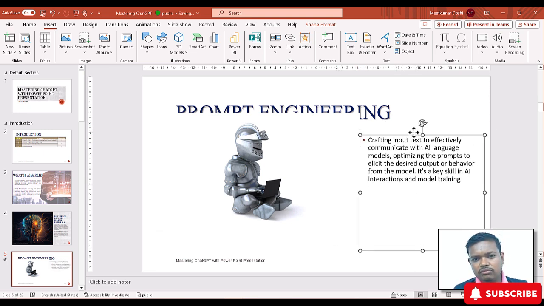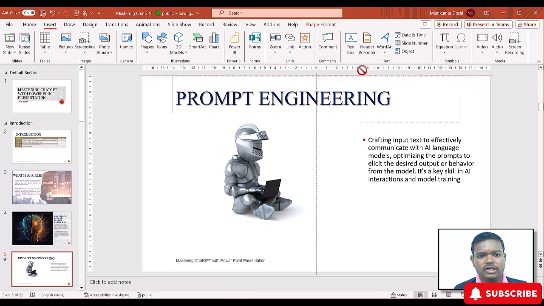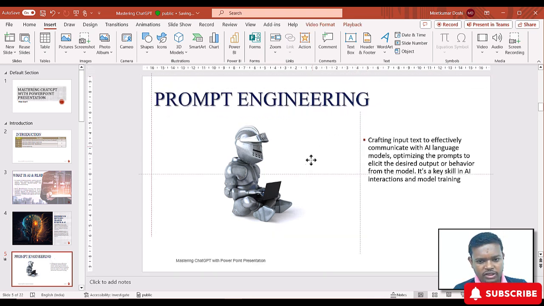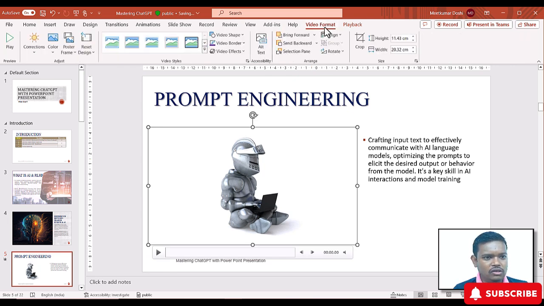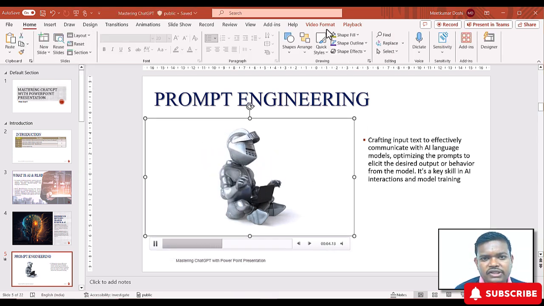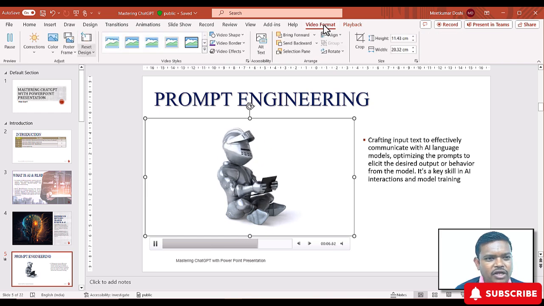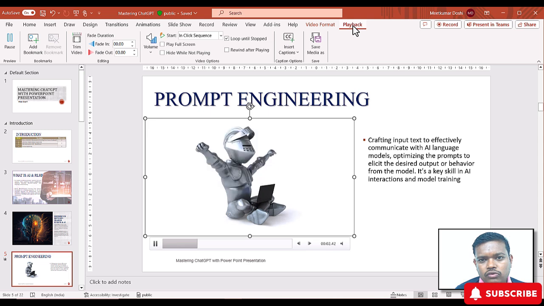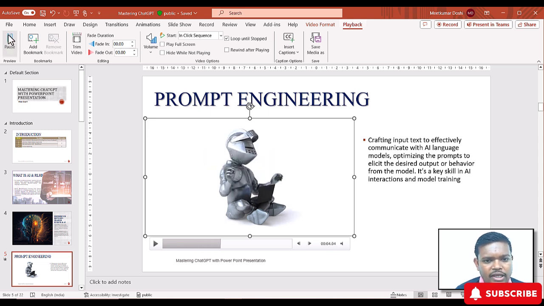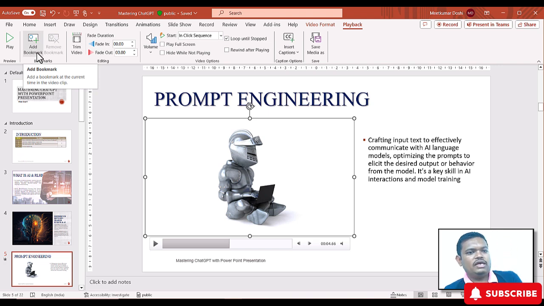Whenever we come to this slide, the video must automatically be played. For that purpose, you can see at the top the video format tab is available. Okay, so reset design, if you want to do the reset design, and here under video format you can update the properties of the video, but we want to go to playback. Here if you want to play or pause, you can go from here also. If you want to add any bookmark, like from this point this must be added or removed,